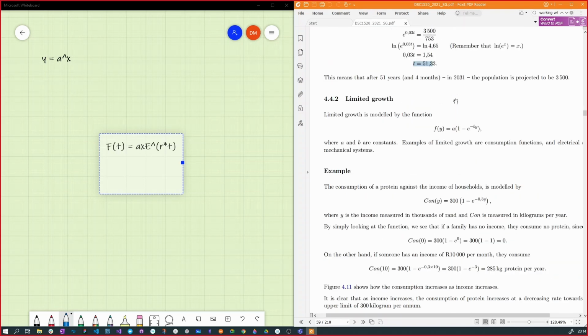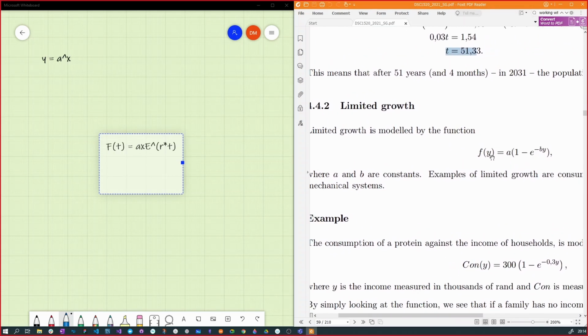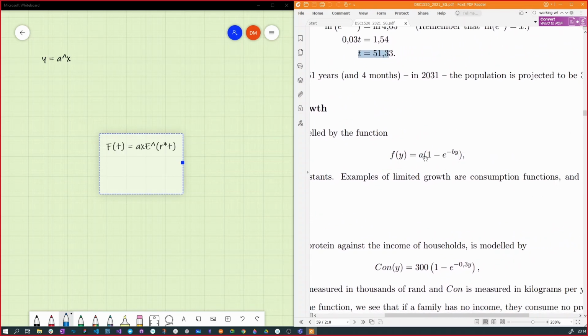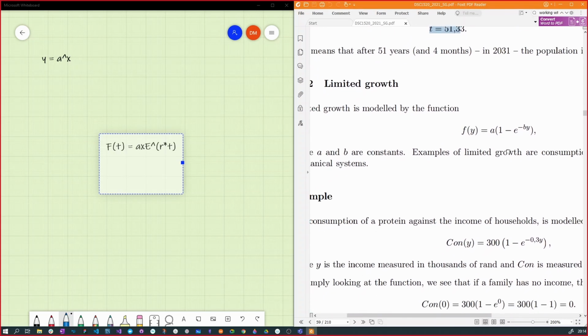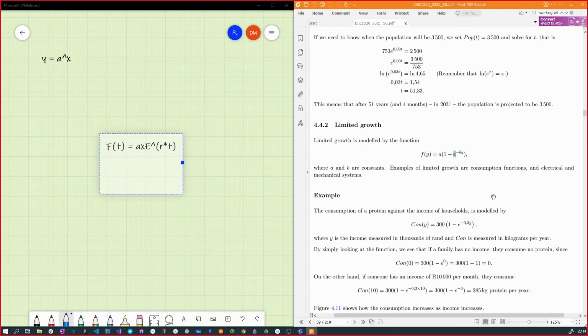So we have the function for limited growth that's modeled by the following equation, right? Where we have the function y equals a times 1 minus e, Euler's number again, to the power of minus bx. And then they even say here that examples of limited growth are mechanical systems and electrical systems. And you can kind of imagine a mechanical system, right? Why it might